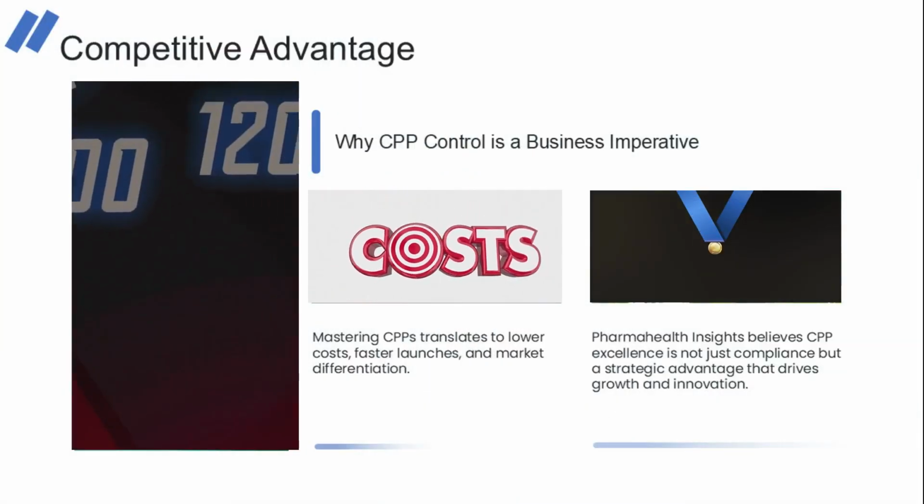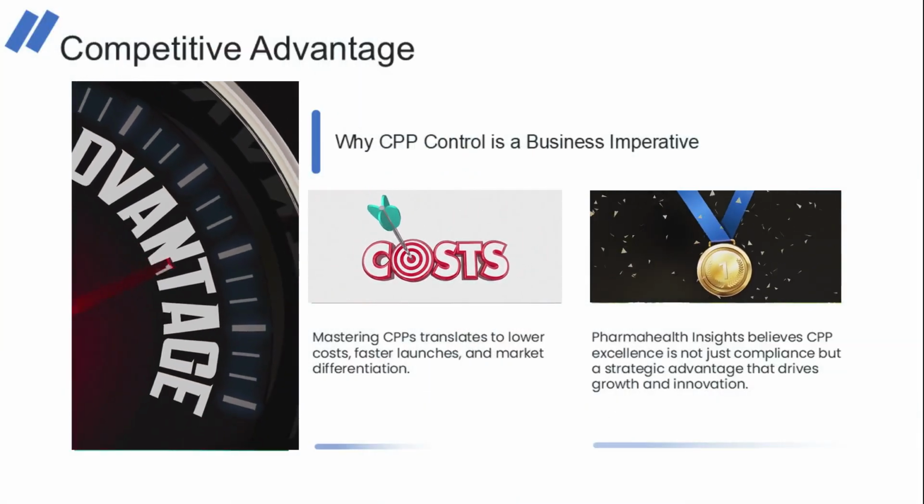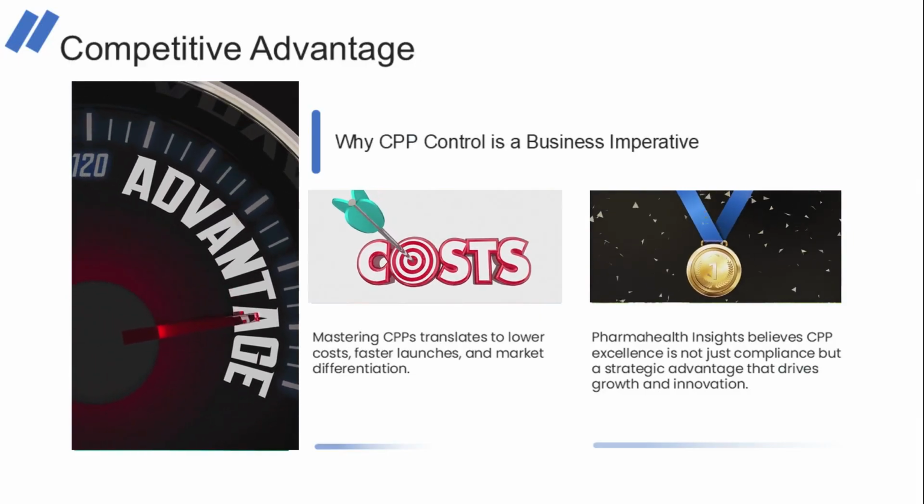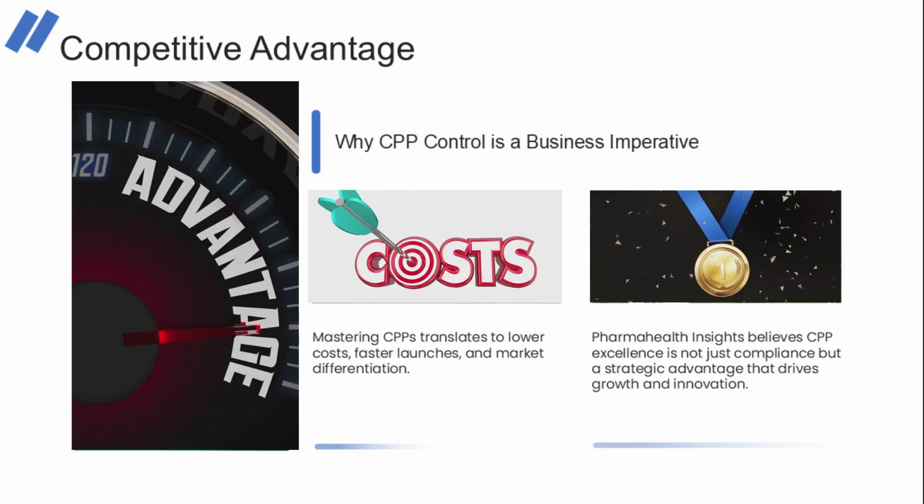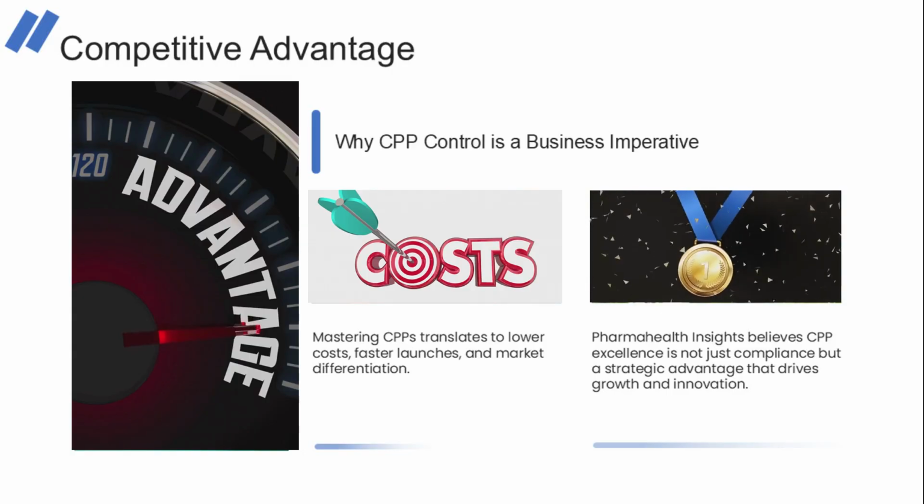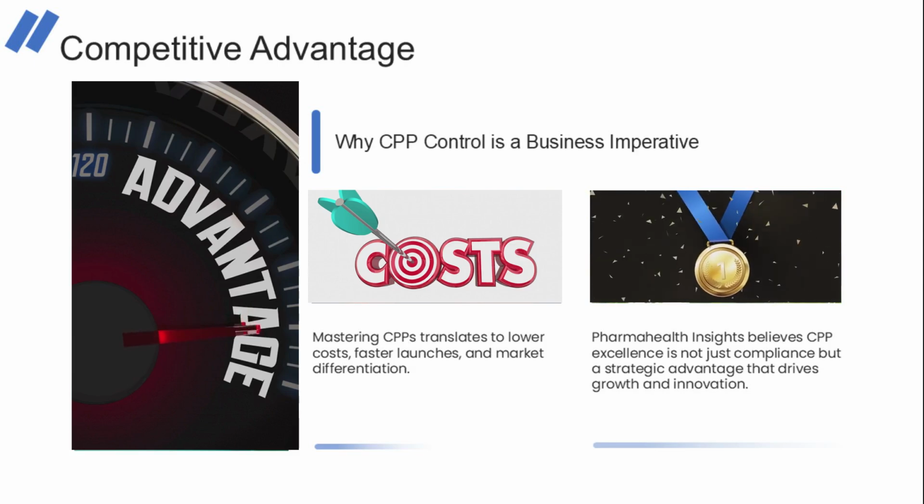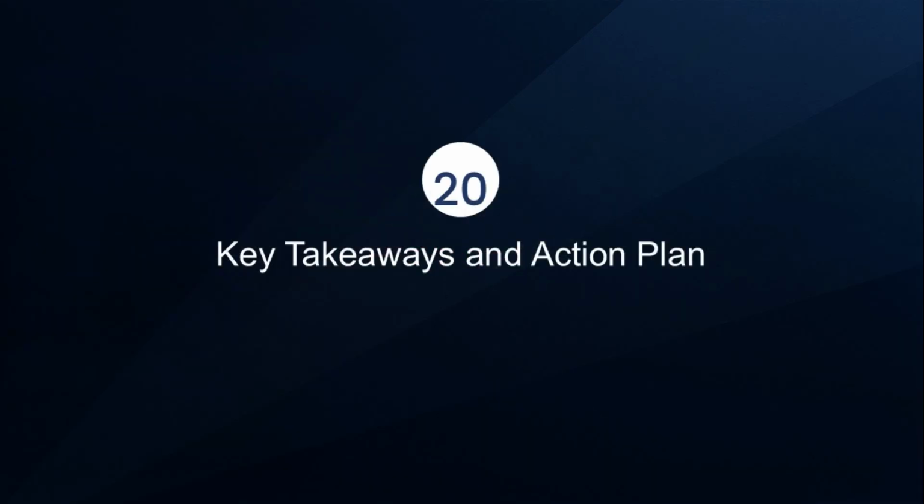Beyond the laboratory, mastering critical process parameters, CPPs, brings clear business advantages, reducing production costs, accelerating product launches, and creating stronger market differentiation. Pharmahealth Insights emphasizes that CPP excellence is not just about compliance, it is a strategic asset that drives growth, innovation, and competitive advantage in the pharmaceutical industry. By embedding CPP mastery into everyday operations, companies can transform quality control into a powerful driver of commercial success and long-term sustainability. Before we wrap up, let's review your action plan for mastering critical process parameters, CPPs, a plan designed